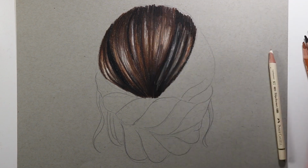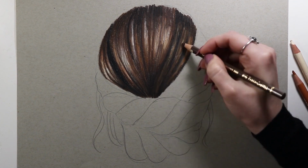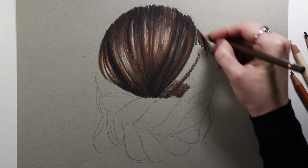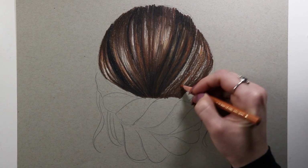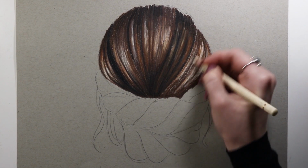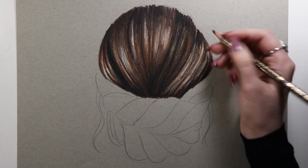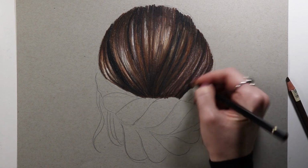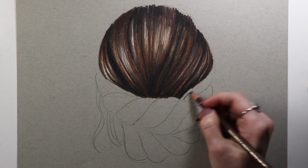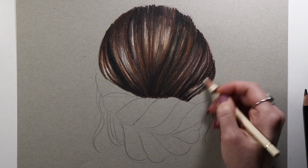Even though it's almost impossible to get all the values and all of the details exactly the same as in the reference photo, and every stroke of the hair in the right place, you really need to pay as much attention as you possibly can to the details and values, and follow the reference photo so you can get a drawing similar to the reference photo that you are using. Here I'm not paying too much attention to the reference photo, and that makes it look not believable